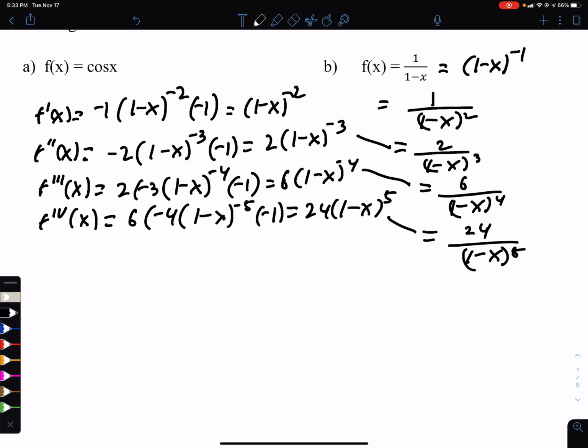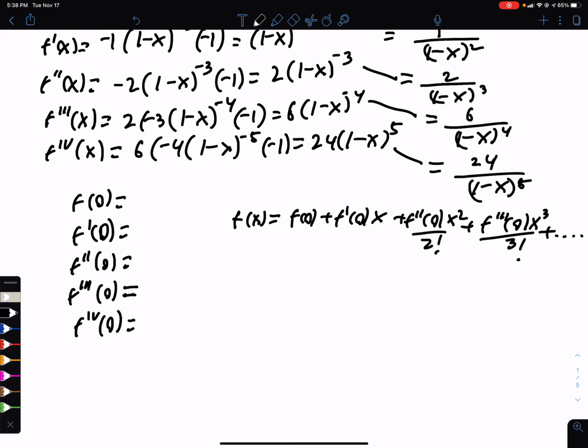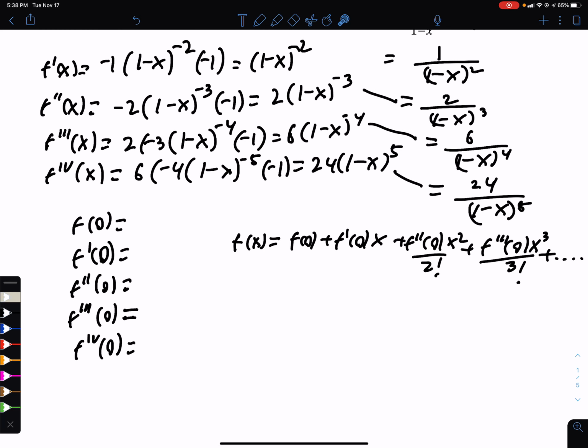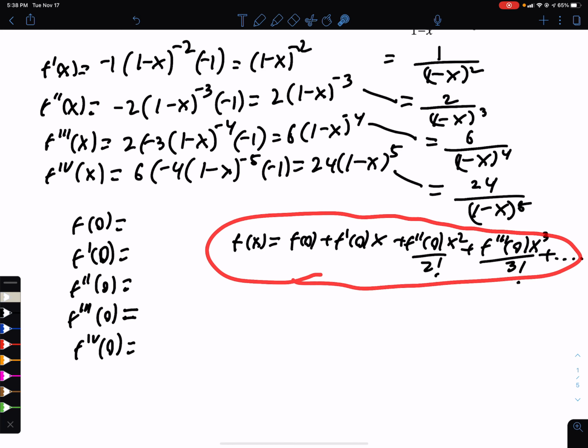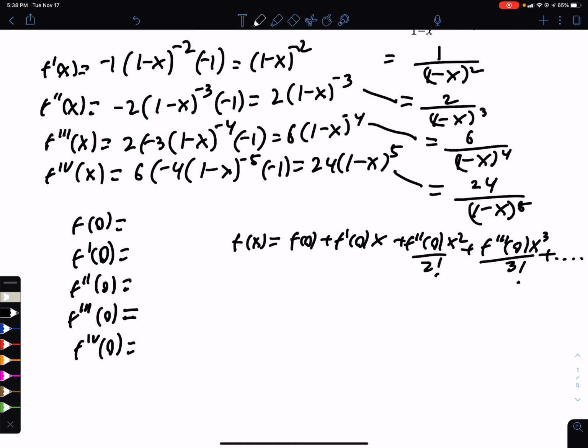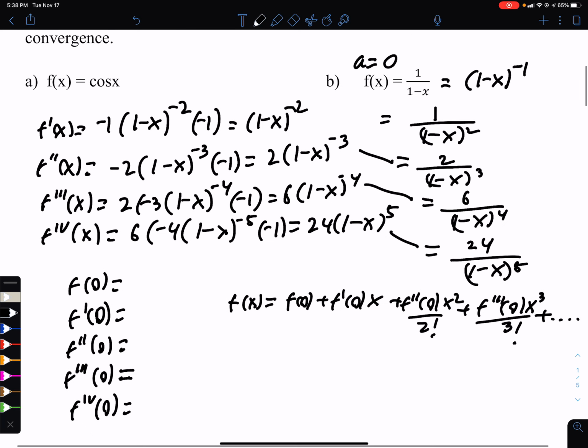So now it centers at 0 because it's a Maclaurin series. But to build a Maclaurin series, here's our general form. But we need to find these values here. So in the original function, if I plug in a 0 here, I get 1 over 1. That gets me 1. In the derivative, I put a 0 here. I get 1 over 1 again. That gives me 1. In the second derivative, if I put a 0 here, I get 2 over 1, which is 2. And then in the third derivative,